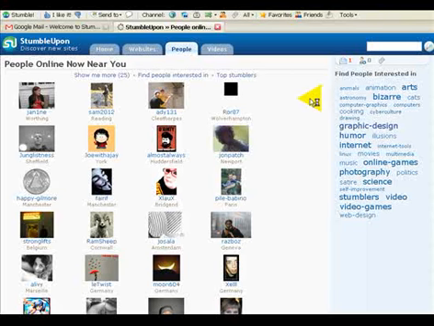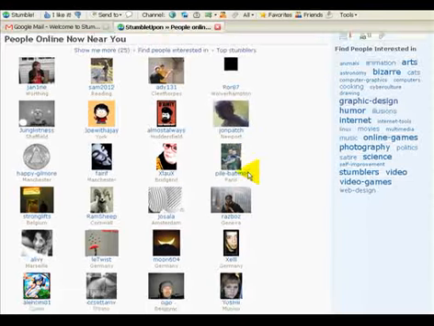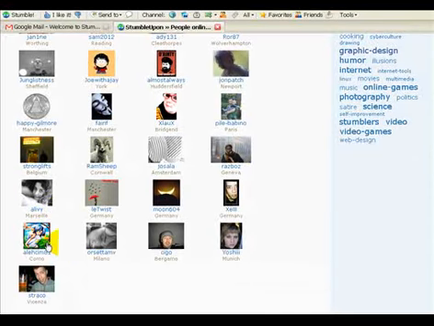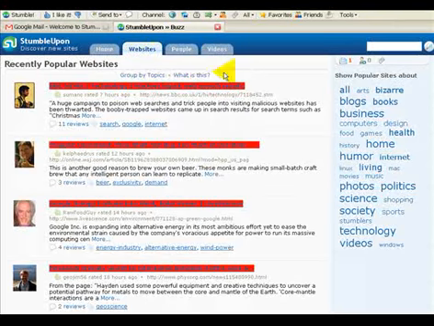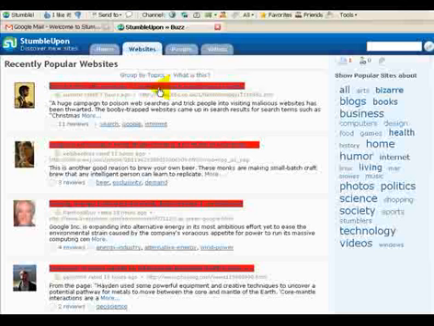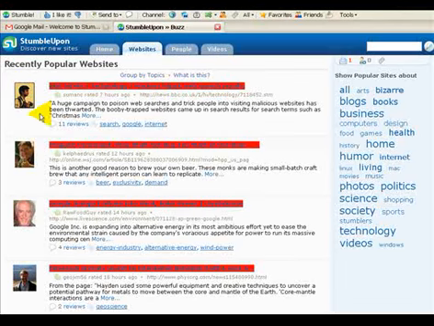The other cool feature here to stumble upon is if you click the People tab, it's looking whereabouts you are in the world. As I put, I'm in the UK. It's then starting to suggest other people that are online that are nearby, and if I wanted to start trying to network with some of these people, I might be able to go and look at their profile and contact them, etc. If I go to websites, then it gives me a different choice of recently popular websites. So we might decide to go look at, for example, the BBC site that's had 11 views. So we click that,